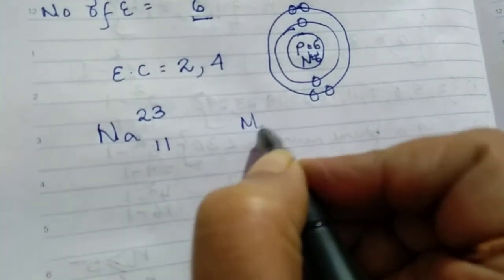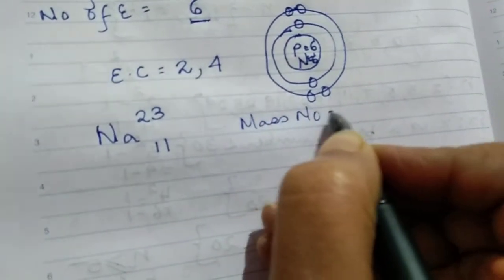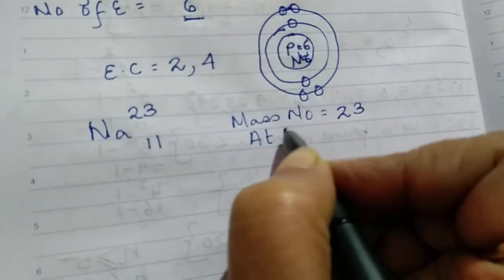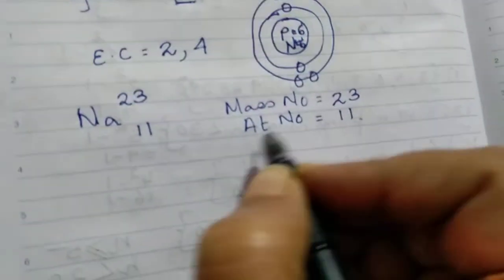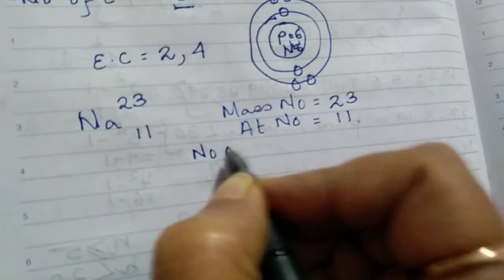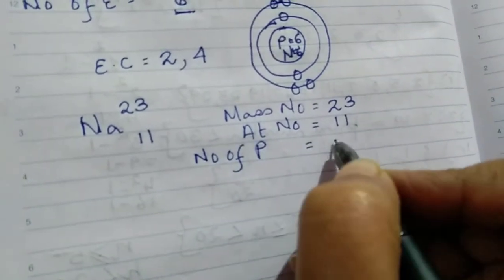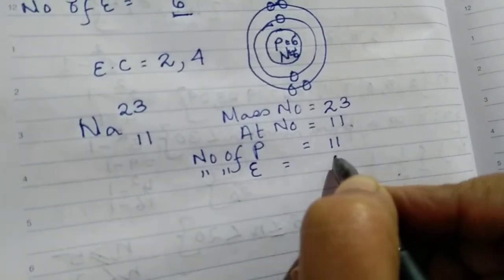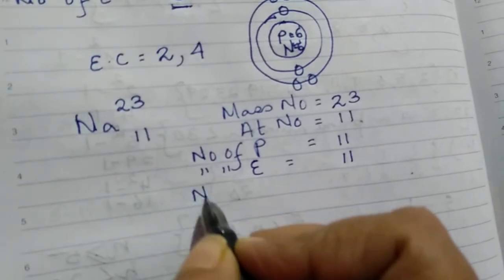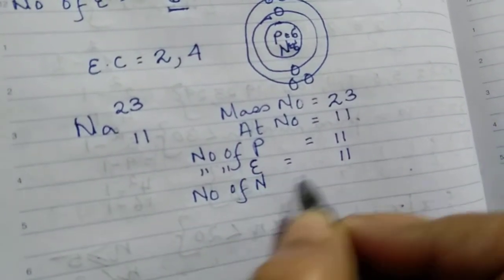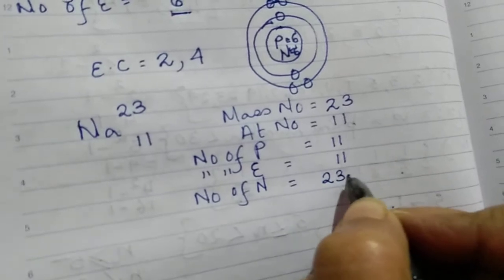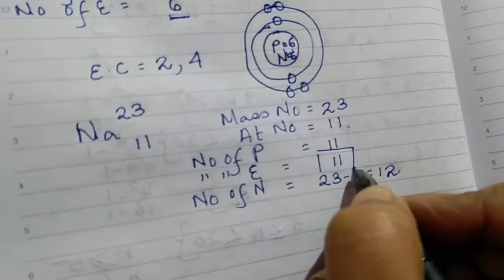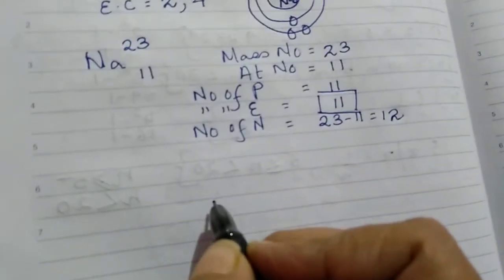So can you do it, girls, now? Do it with me. Mass number is 23. Atomic number 11. Number of protons 11. Number of electrons 11. Number of neutrons is 23 minus 11, that is 12. So how many electrons do you have to distribute? 11. So if you draw the structure